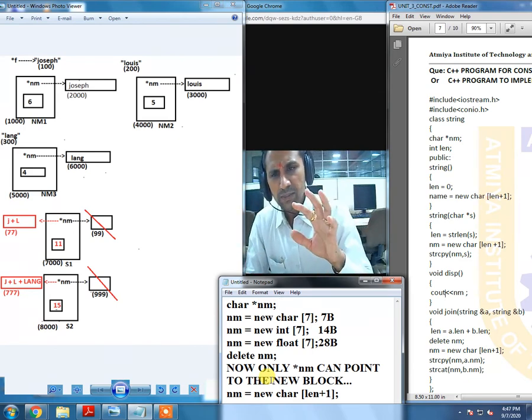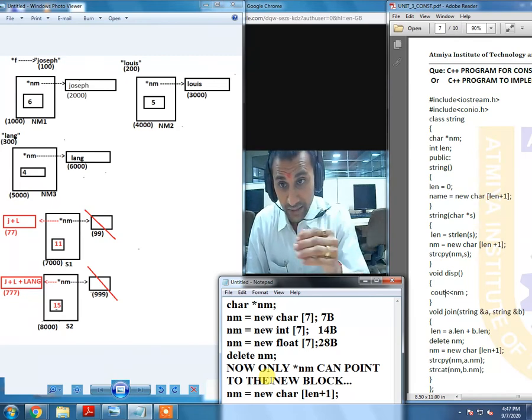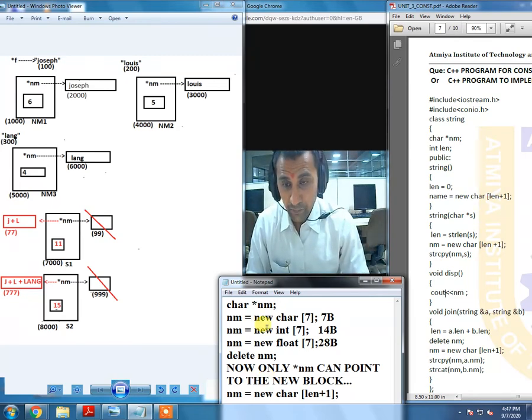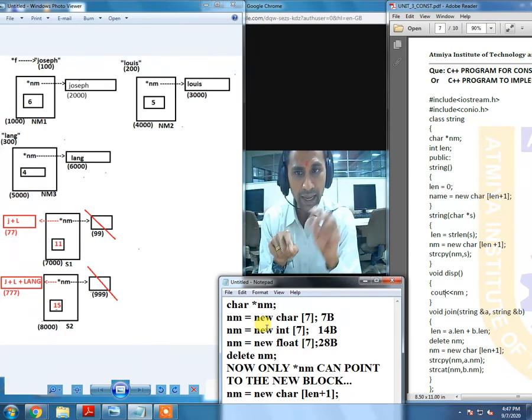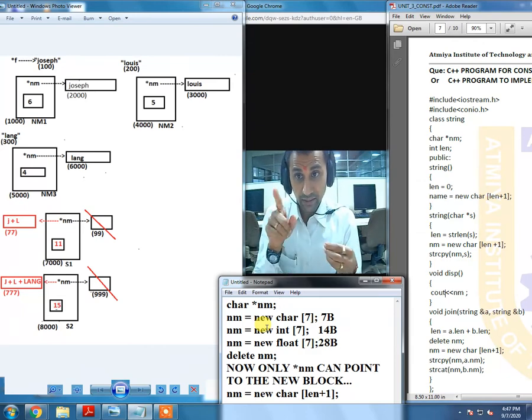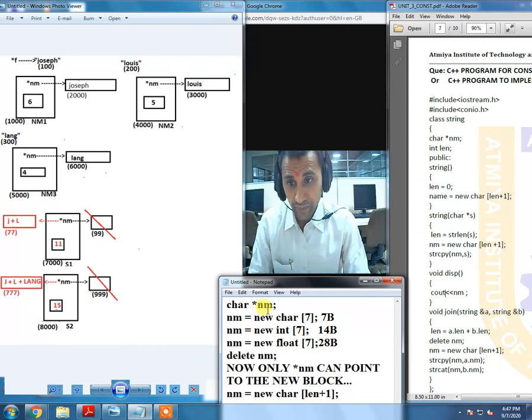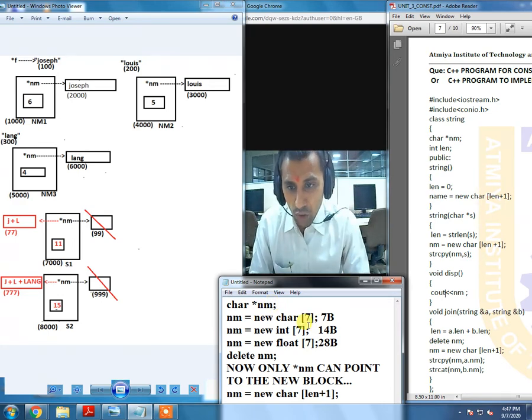So the primary thing is, we have to be familiar with the syntax. So let us take an example of the syntax. Whatever memory we are going to require, the compiler is going to allocate a block and the starting address of that block will be given back to us. In case over here we want to claim a memory block to store 7 characters. Okay. So the syntax would be like